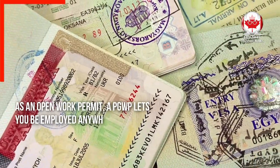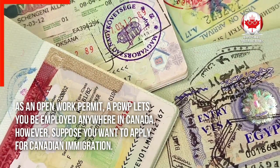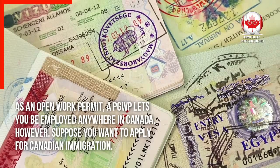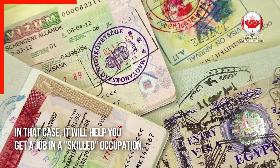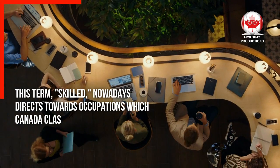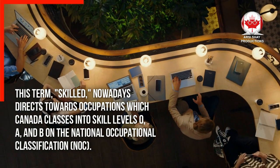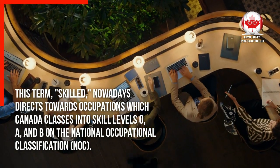As an open work permit, a PGWP lets you be employed anywhere in Canada. However, suppose you want to apply for Canadian immigration. In that case, it will help you get a job in a skilled occupation. This term, skilled, nowadays directs towards occupations which Canada classes into skill levels 0, A, and B, on the National